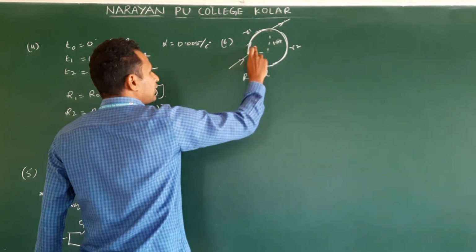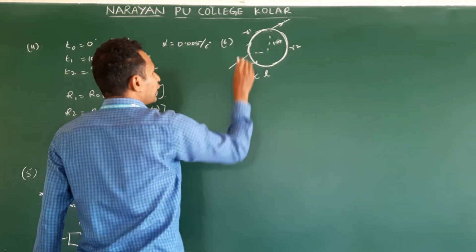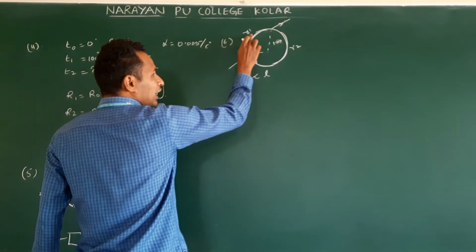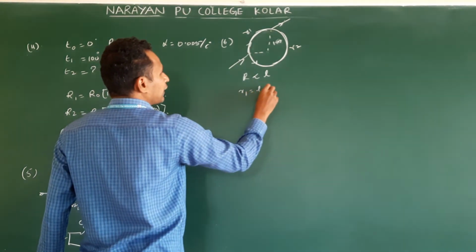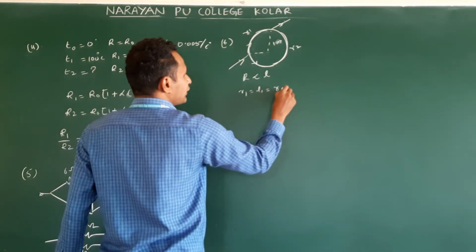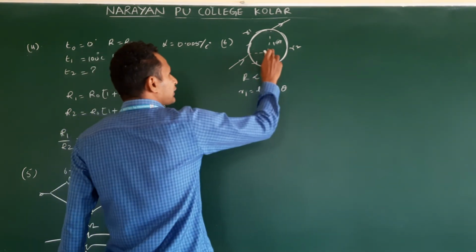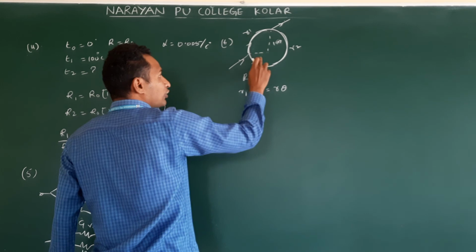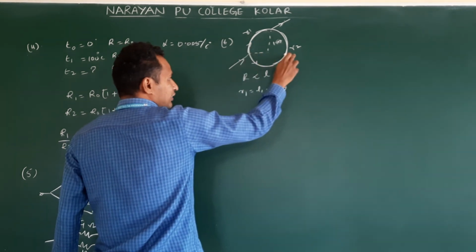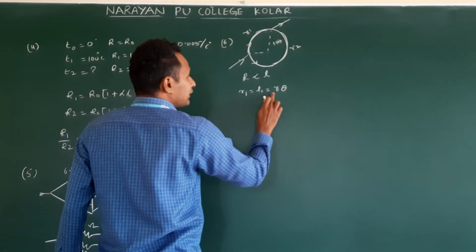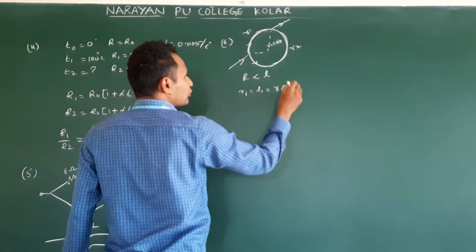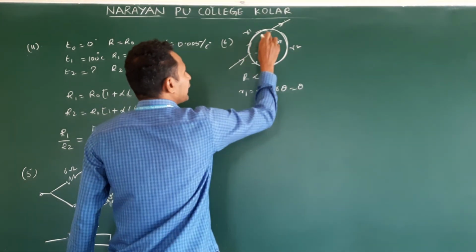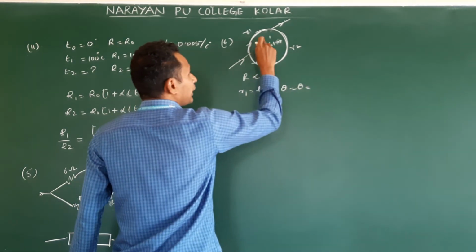How do you get this R equivalent? Let us say I am calculating R1. R1 is nothing but L1. L1 is equal to, how do we write? Radius into theta. Here radius, don't take small r as a radius. Here I am taking small r1 and r2 as the resistances. Okay? And this radius is 1. So this will be the theta. What is the theta of this arc? Pi by 2.